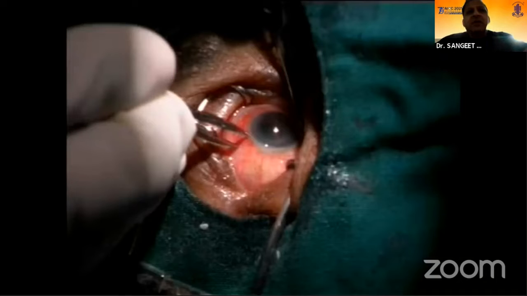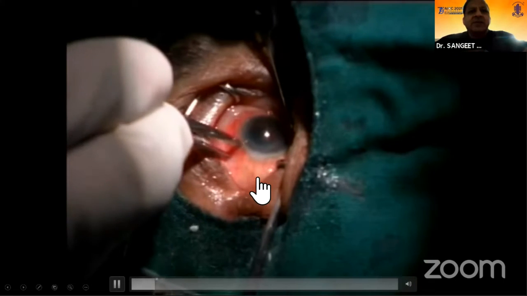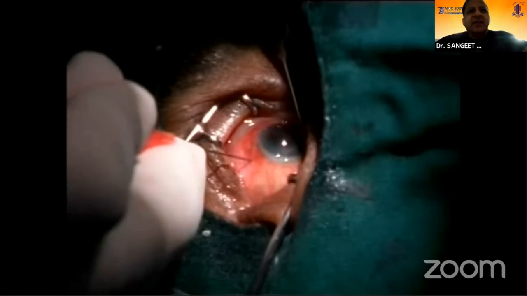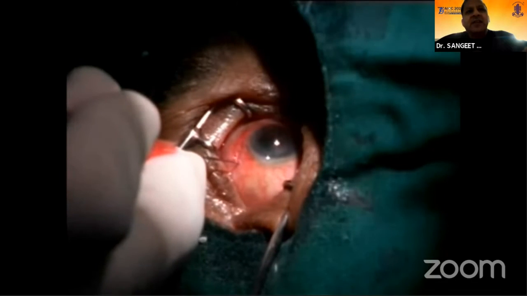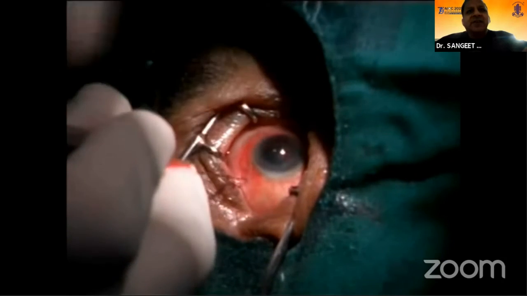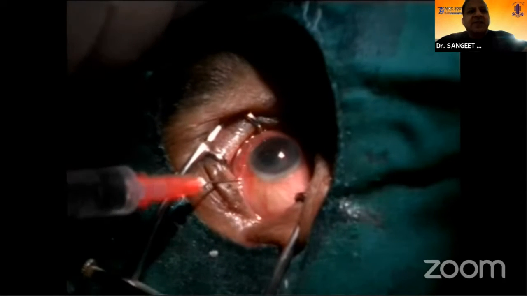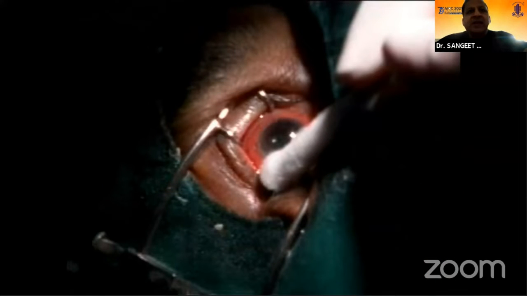Now, this is a small video showing how to take a vitreous tap. Although these days we don't advocate taking a direct vitreous tap, because just pulling at the vitreous may cause unsafe vitreoretinal traction on the retina and may lead to retinal breaks and other complications. But just to show how to take it, a 24 gauge needle is inserted into the vitreous cavity, and the vitreous fluid is withdrawn into a 2 ml syringe. Again, you can send this for culture and gram staining.